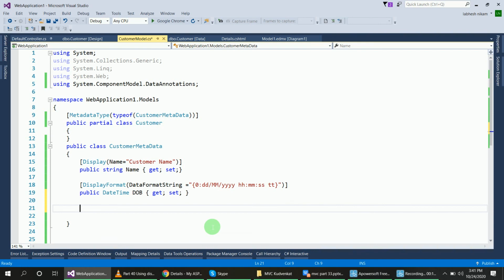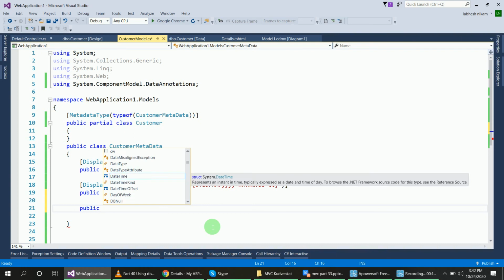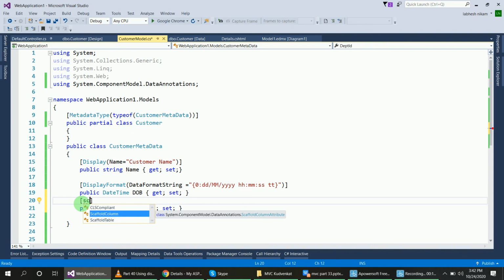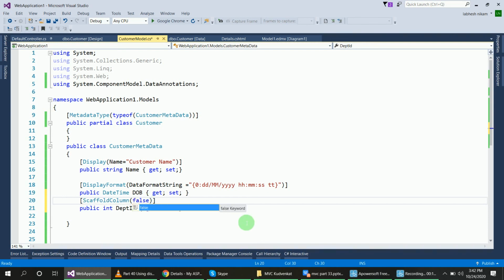Set the attribute for that. So public department id is integer, so public department id get set. Okay, and add the attributes here, scaffold column, and inside of that scaffold column I will pass false, so that it doesn't display this department id.